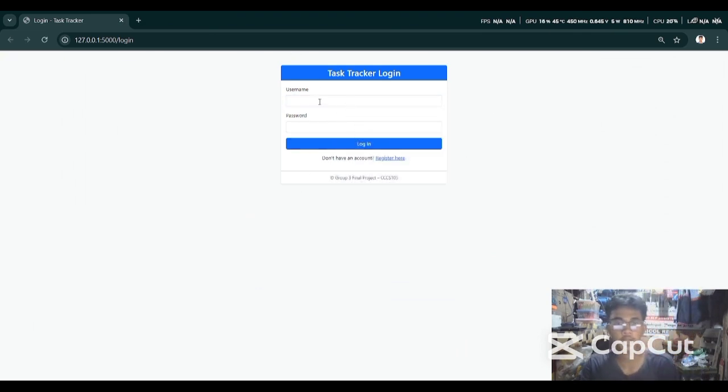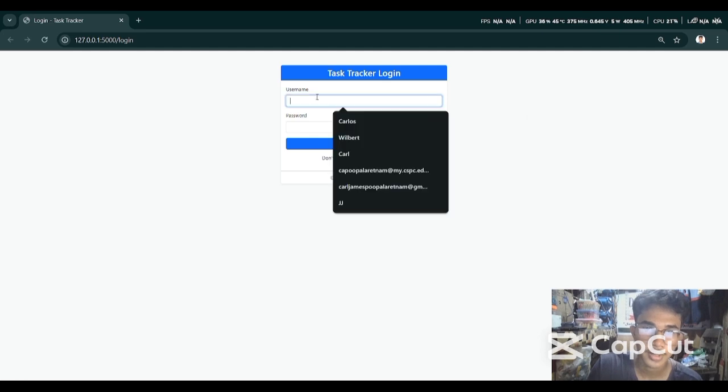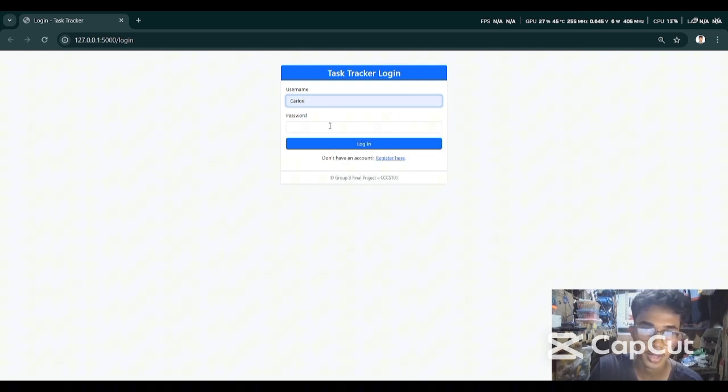First, let's create a... I know, let's use an existing account. Let's use Carlos, 2 3 4 5 6 7 8. Maybe let's make the password wrong. Random lang natin.